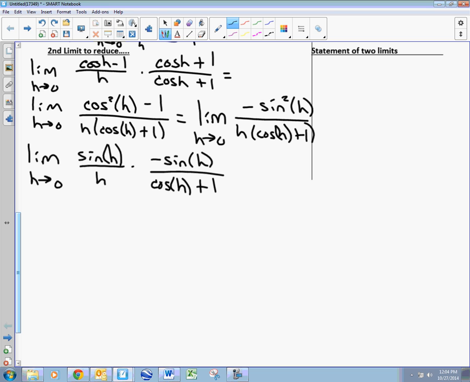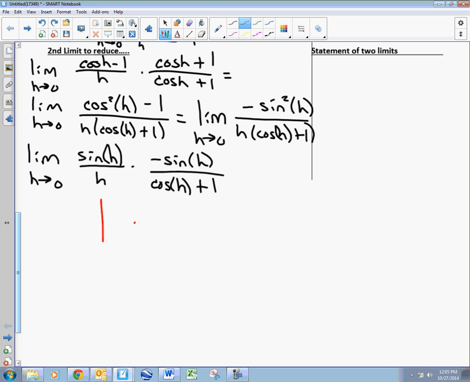I took the sine over there. I just took it off, and I took the h over there. So these expressions are equal. I know what this is, don't I? What is this? Goodness gracious, it's 1 times